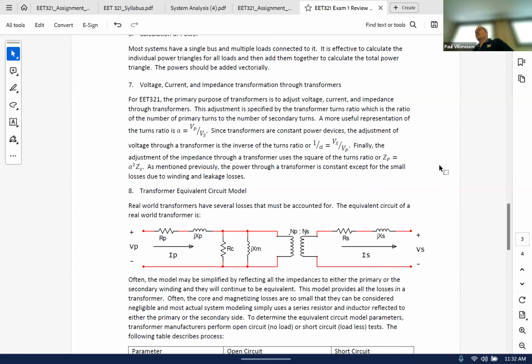So IP over IS is equal to 1 over the turns ratio, which is the good thing, because we don't want our transformer to increase the voltage and also increase the current. That's called a power supply. That's not called a transformer. So a transformer, if you increase the voltage, you've got to decrease the current proportionally to maintain that,